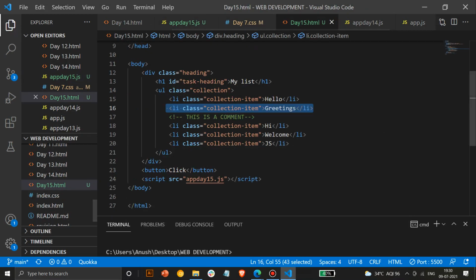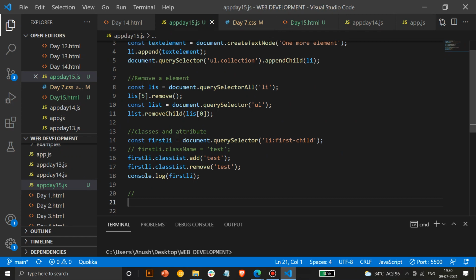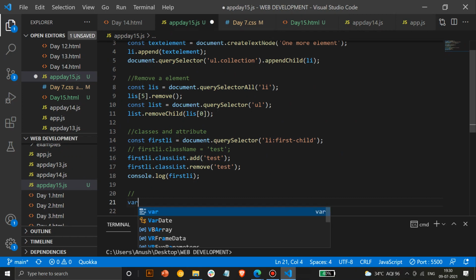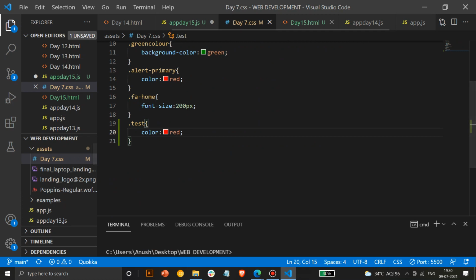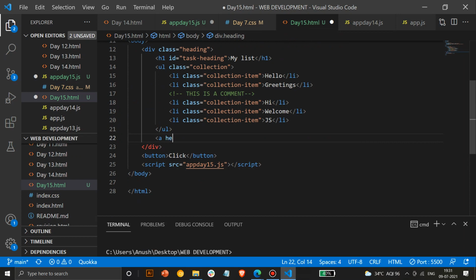We only have a class, so we'll add some aspect and modify that. Do we have an href? Okay, we'll add one href, add some link, and then modify that link. We'll put a hash here and hello. We'll modify this href and redirect it to google.com or something like that. And we'll use a query selector. If you use a query selector, we have to add some class to it, so we'll add a link class.